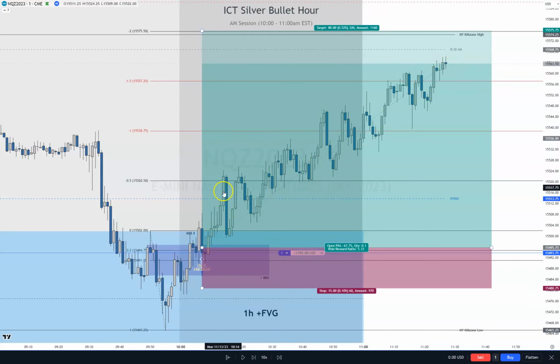All right, we came to the 10 o'clock hour. We saw on the higher time frame, the 1 hour, there was a 1 hour fair value gap that we dipped into right here, and we started pulling back from. So then the 10 o'clock hour started. Our choice was,